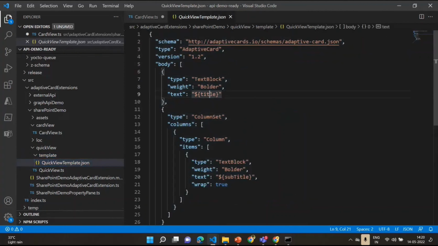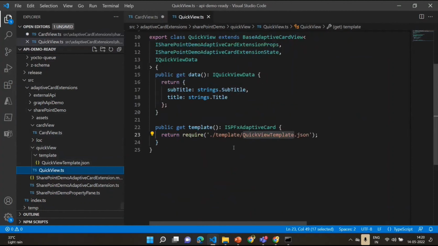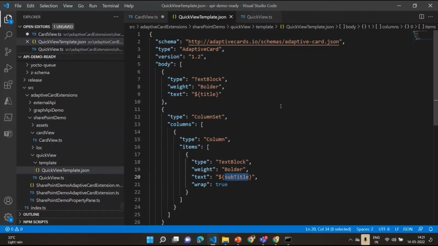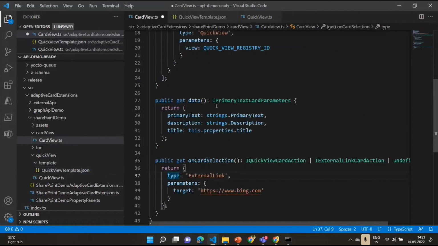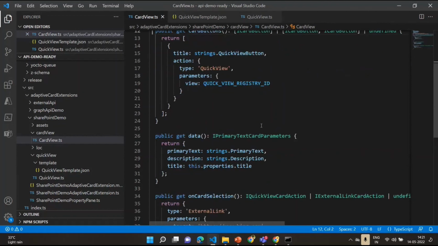So right now, if you see, you have title and you have subtitle. These are the two properties which you are passing to an adaptive card JSON, and that is why in the get data in the quick view, you have to make sure that you are returning those two particular properties, which would be replaced dynamically in the adaptive card JSON. Okay, so with this, let's quickly